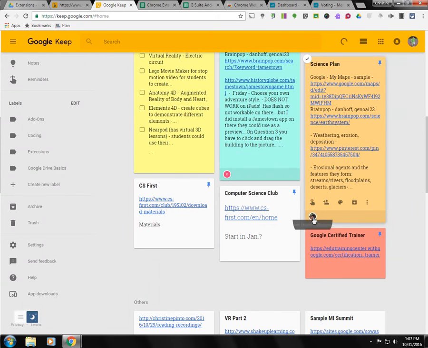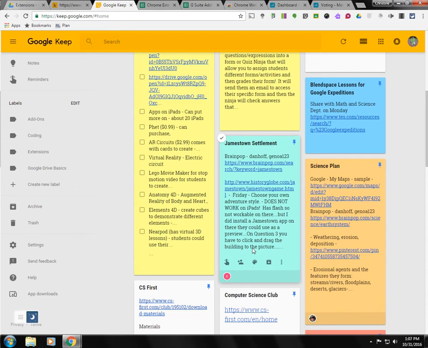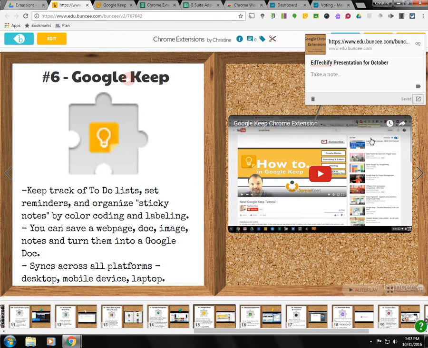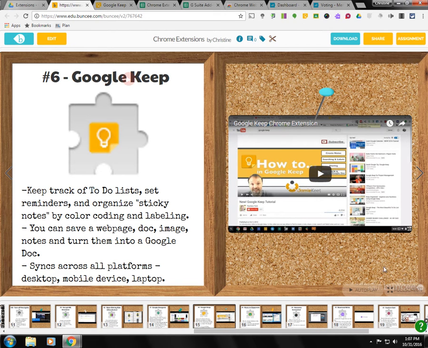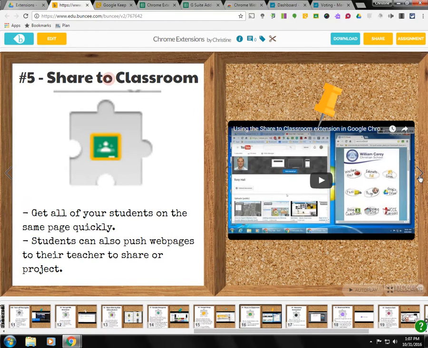Instead of having them go through Symbaloo and doing all their steps, you can just push it right out to them, as long as they are signed in and a member of your Google Classroom. So if I go to my Share to Classroom extension, and let's say I pick one of my Google Classrooms, and I know these students are already a member of this pre-K Tech for Littles site. If I say this link I'm on right now, this Buncee,